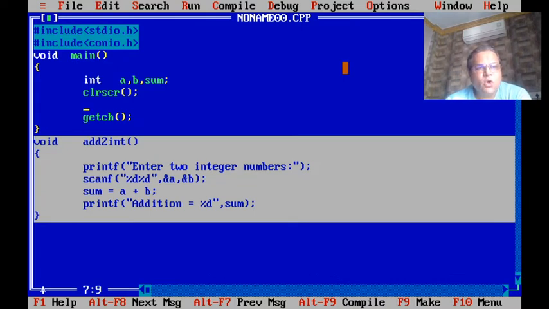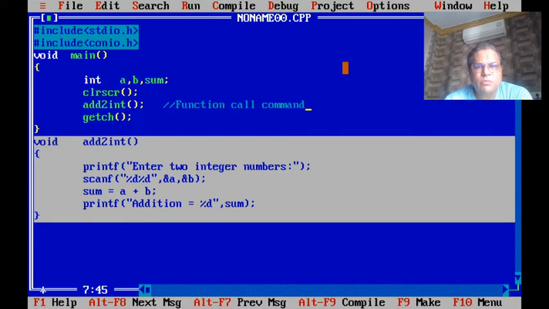And how to call the function? It is simple, just by writing the name of that function. Let's say add two int. This is the name of the function which I have decided. So I will call it by putting empty brackets in front of it and a semicolon. This is called the function call command.